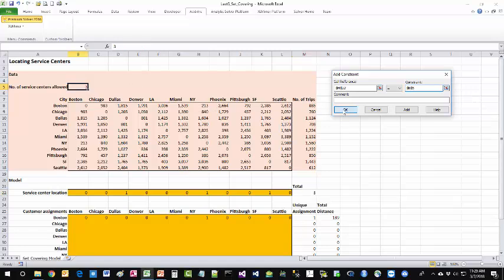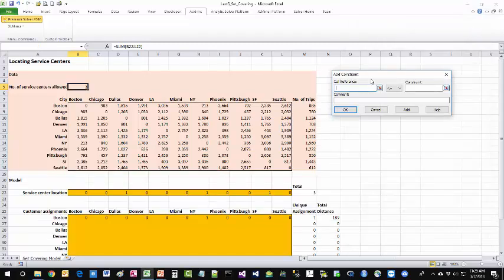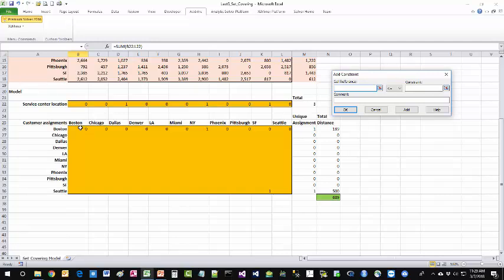Okay. Now, the next set of constraints are the ones that I was discussing a little bit earlier, right? So each one of the customer assignment matrix rows. So I'm going to add a normal constraint. I'm going to scroll down rather as much as I can. So each constraint in the assignment row has to be less than or equal to the binary selection here, right? I wish there was some way to copy that down. I don't think there is, so I'm going to have to add them one by one, which is not that difficult because there's not that many